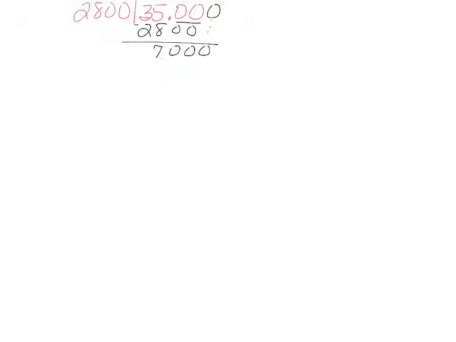So that's 5,600. I'm going to subtract, and I get 1,400. I'm going to add another 0 and bring it down. And 2,800 goes into 14,000. It actually goes in 5 times evenly. So our answer is